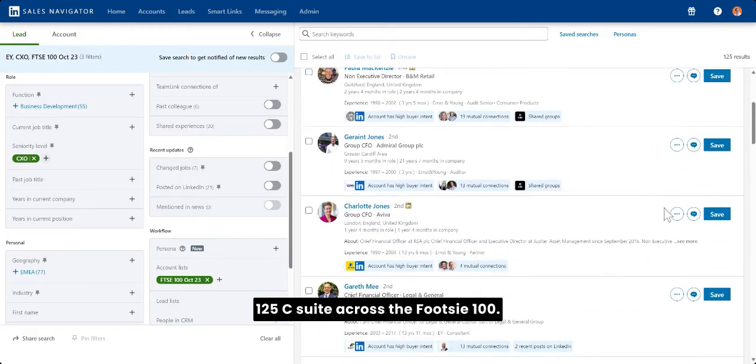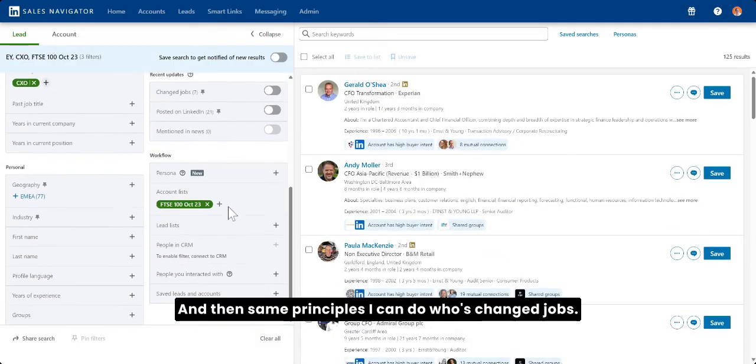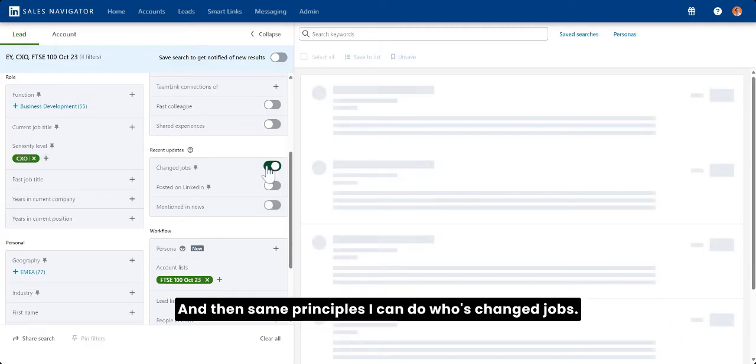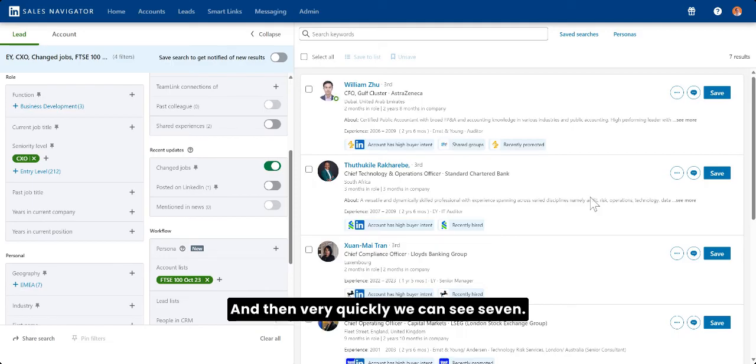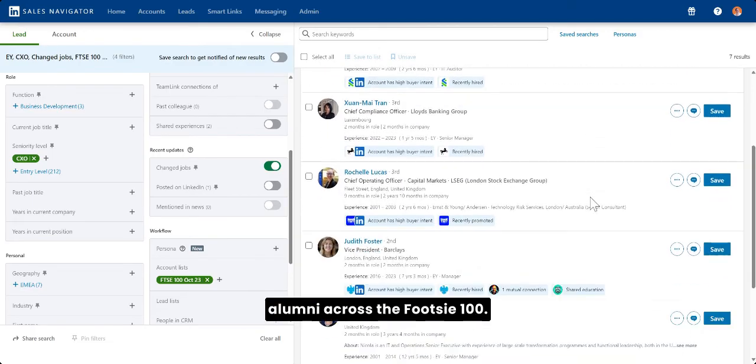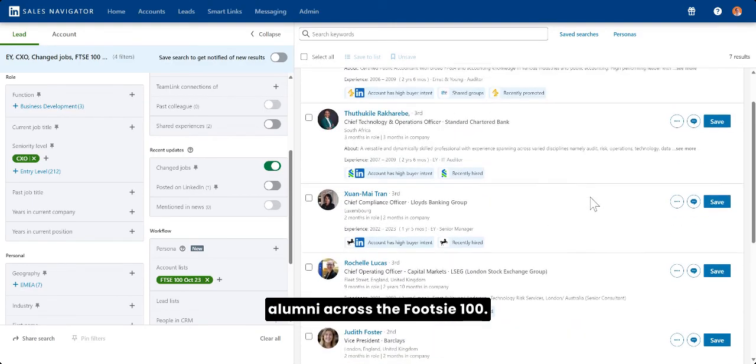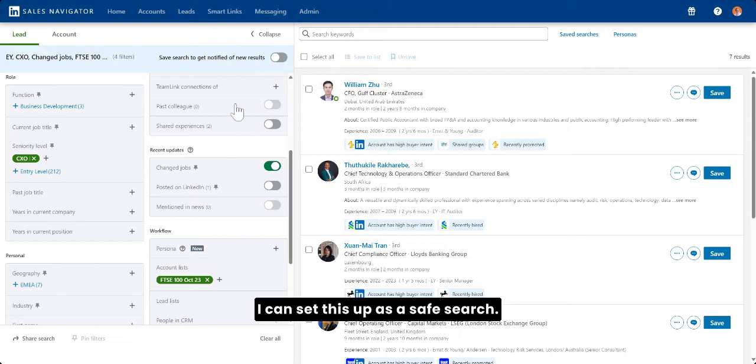across the FTSE 100, and then same principles I can do who's changed jobs, and then very quickly we can see 7. And then you can see these alumni across the FTSE 100. I can set this up as a safe search. I can use TeamLink, all different things I can do to find out the shortest route to a conversation